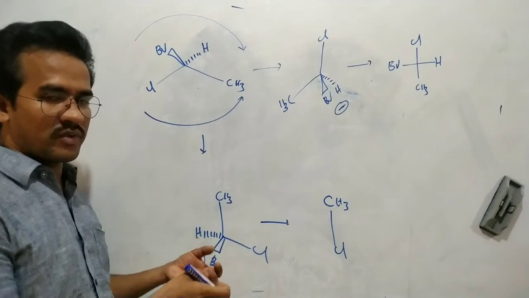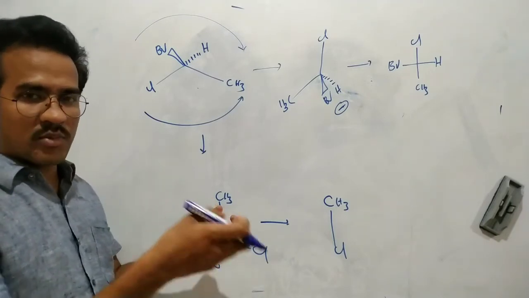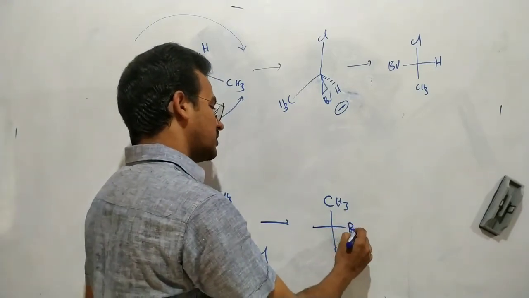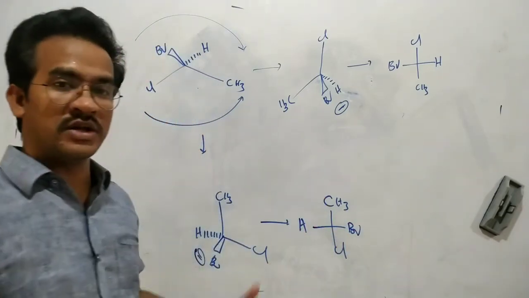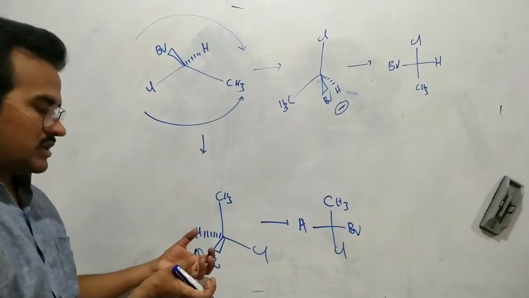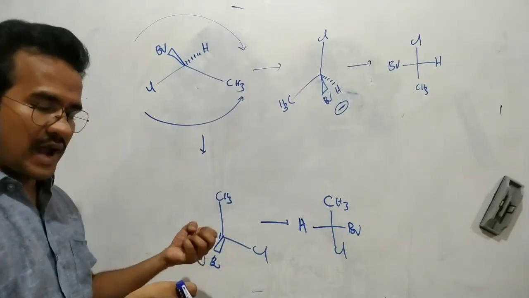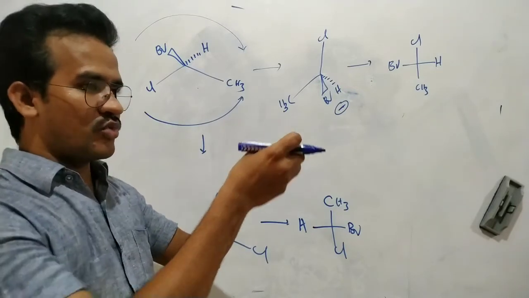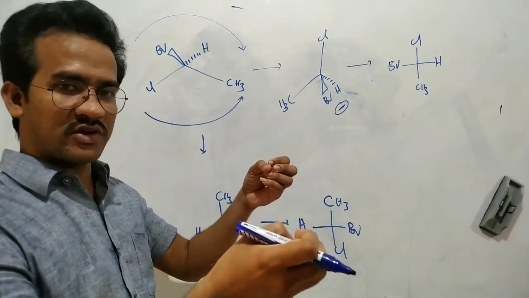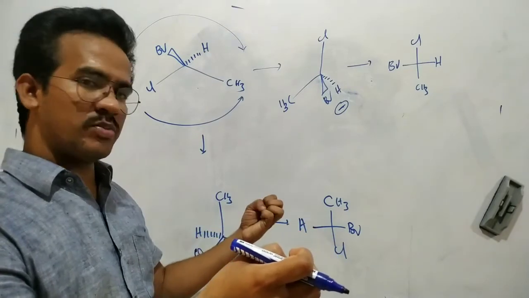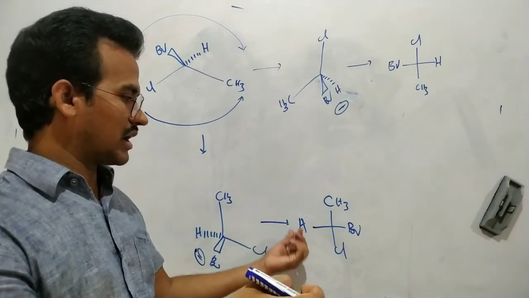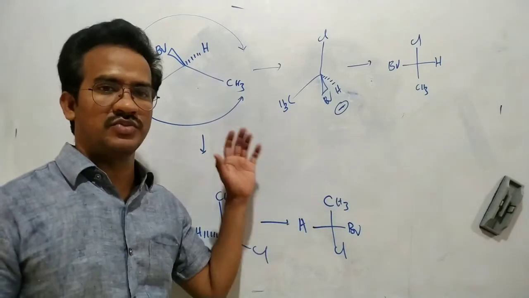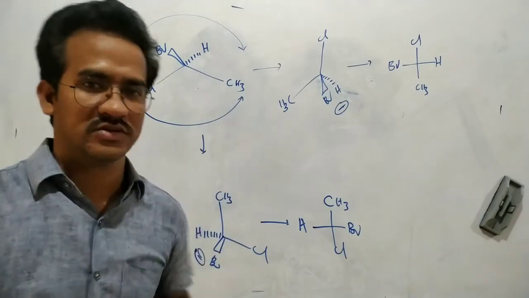When you look at the molecule from the left side, the group which is above the plane is present in the right hand, so that must be written on the right side, and the hydrogen on the left side, because that is present in the left hand. So when you look at the molecule from the left side, the bromine above the plane is present in the right hand, the hydrogen below the plane is present in the left hand, so hydrogen on the left side and bromine on the right side. So it is a conversion from 3D structure to 2D structure.